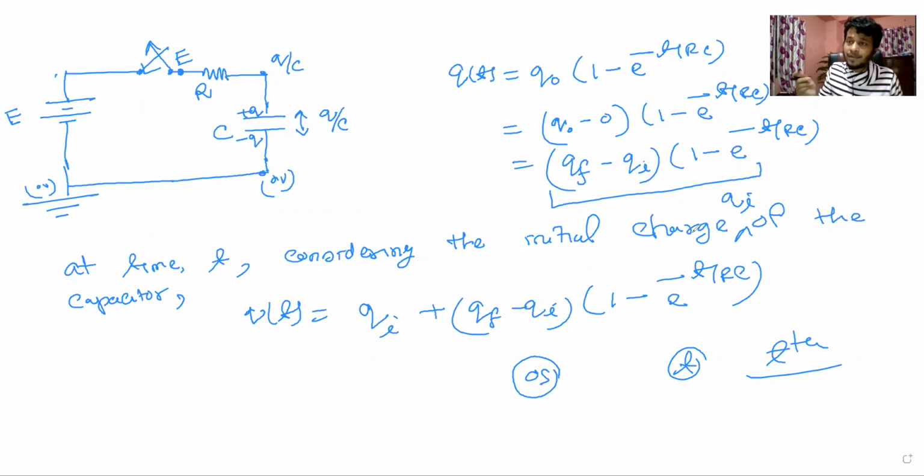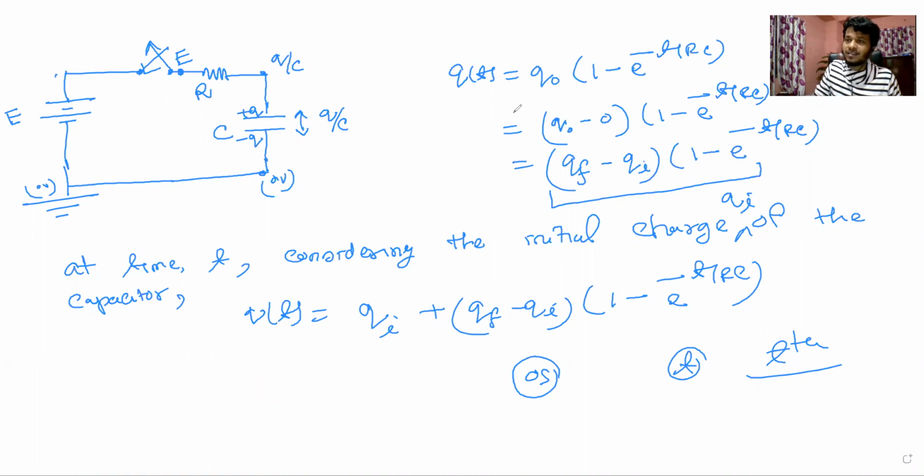If we consider the capacitor had initially some charge, and that is Qi, then at time t, what will be the total charge on this capacitor? This would be initial charge plus the gained charge, isn't it? Yes sir. What would be the total charge on the capacitor at time t? It would be initial charge plus gained charge.